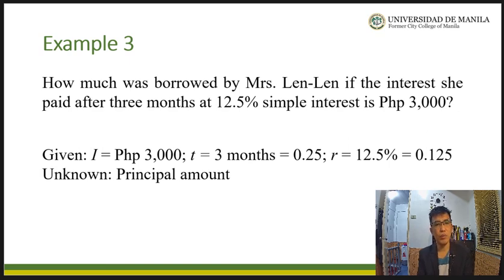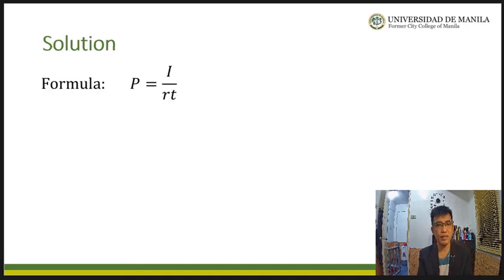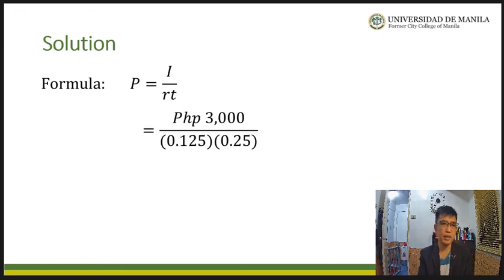I is equal to P times R times T. And what we have derived is that P is equal to I over R times T. Okay? And again, by substitution, since the simple interest is 3,000 and our rate of interest or interest rate is 0.125 and time T in years is 0.25, then